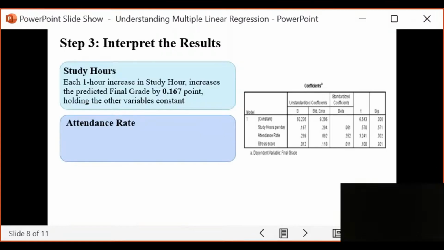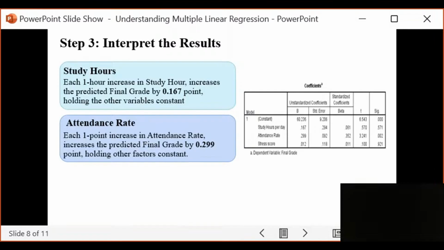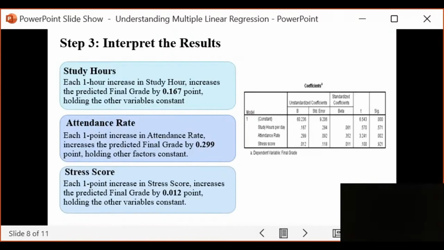Likewise with attendance rate, pag in-increase natin yung attendance rate ng 1 point or 1%, tataas yung final grade ng 0.299. And likewise with the stress score, pag itinaas natin ng 1 point yung stress score, tataas din yung final grade ng